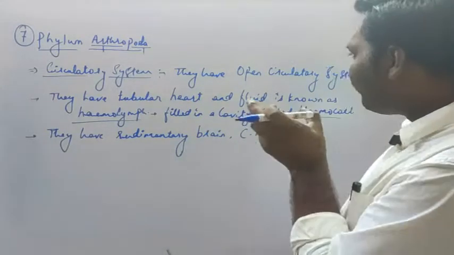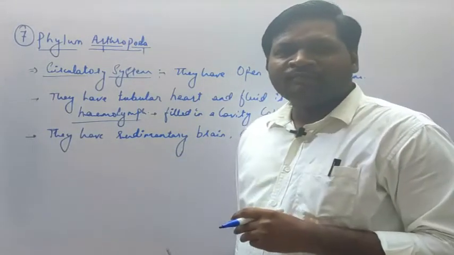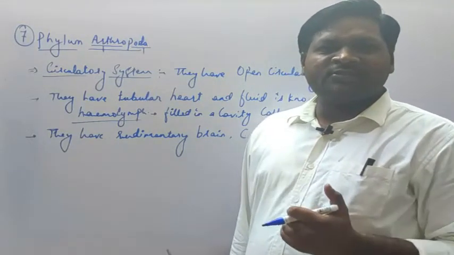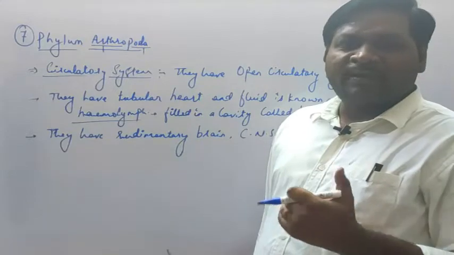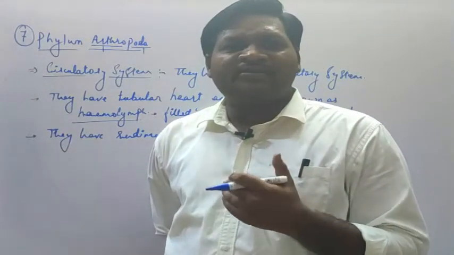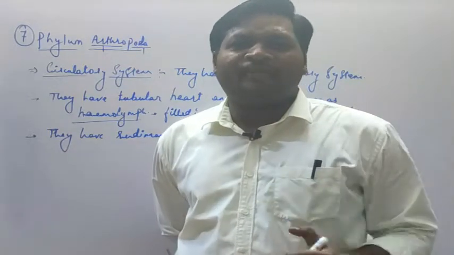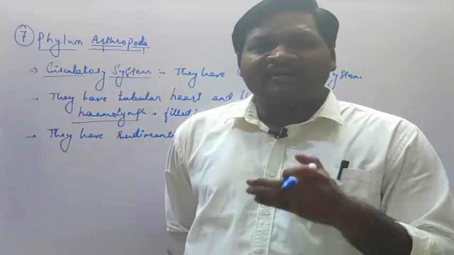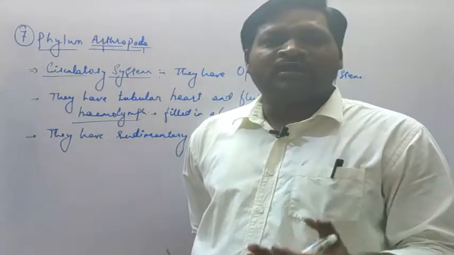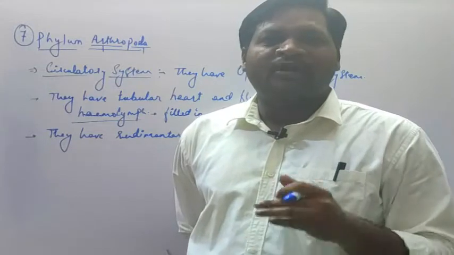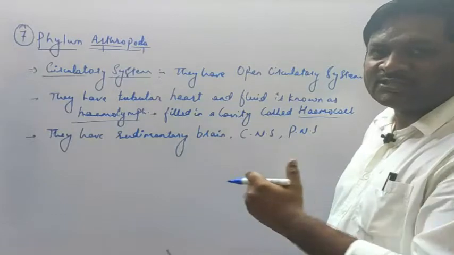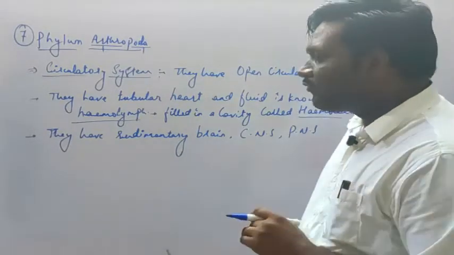In some arthropods we see the nervous system is distinguished into different parts of the body. In the cockroach itself, the nervous system is differentiated in the head, thorax, and abdominal part. So when we cut the head of the cockroach, it can survive for up to 7 days without eating any food. It is due to the presence of a dispersed type of nervous system in cockroaches.